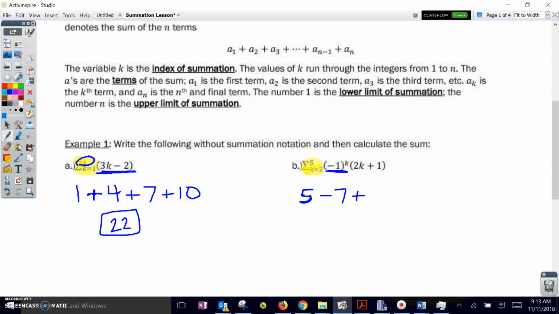And then we substitute 4 in there. Now our alternating term is positive, and this is positive 9. And then we substitute 5 in there. Our alternating term is negative. It's going to turn into a minus. And we add all those together, and we get negative 4. Alright,